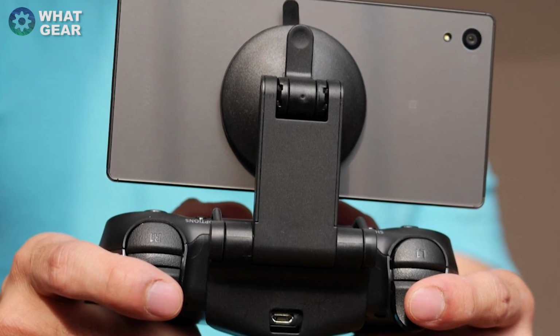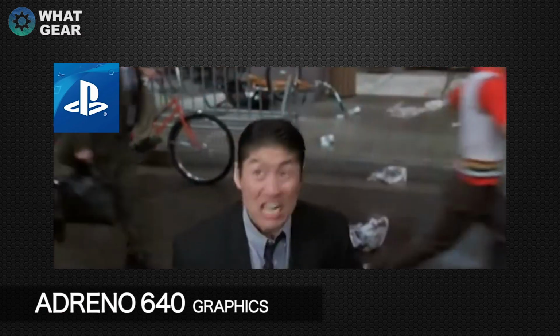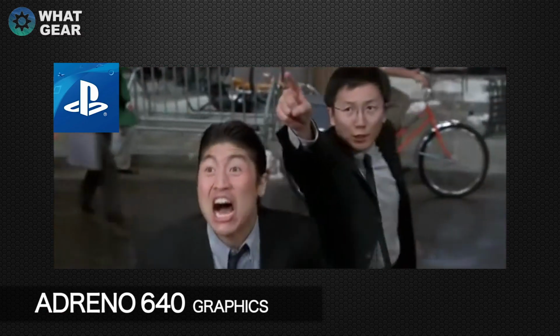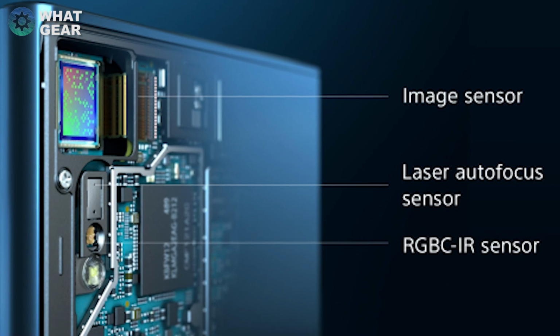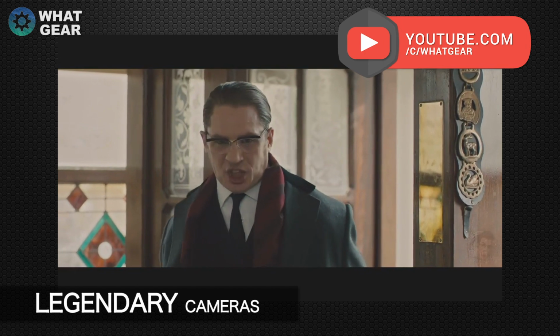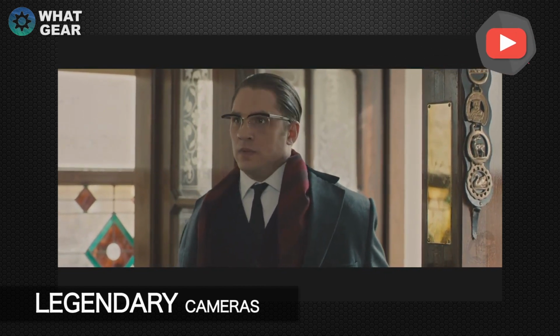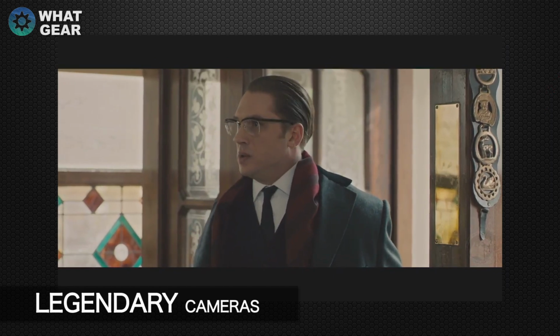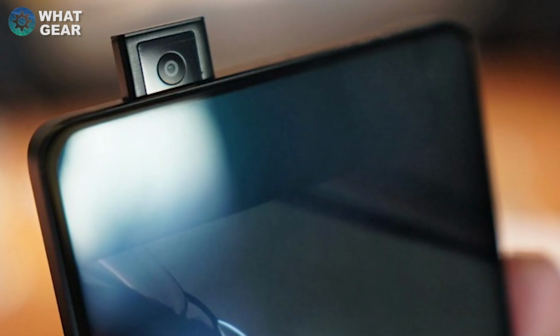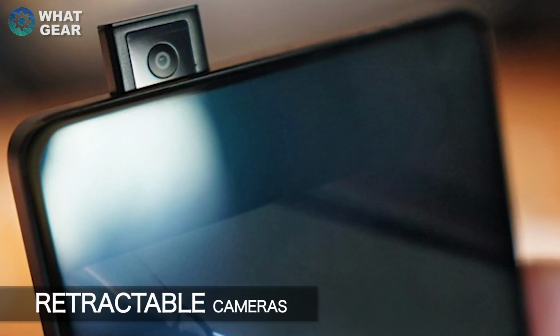And this is all important because Sony are the Godzillas of console gaming. Run! It's Godzilla! As for the shooters, the Sony will definitely be ready for a shootout. A shootout, right, like a Western. On the front, we could see Sony's largest ever retractable selfie cam with a wide-angle 21 megapixel